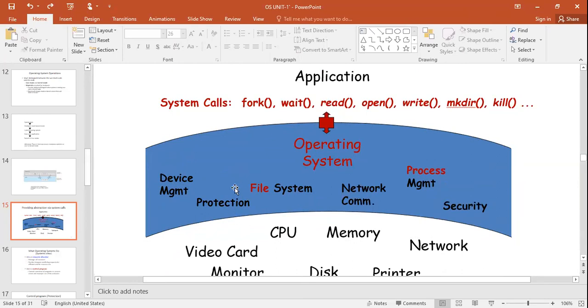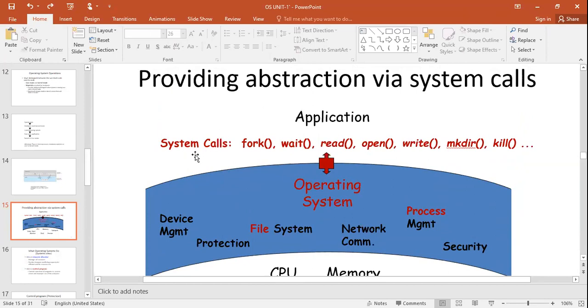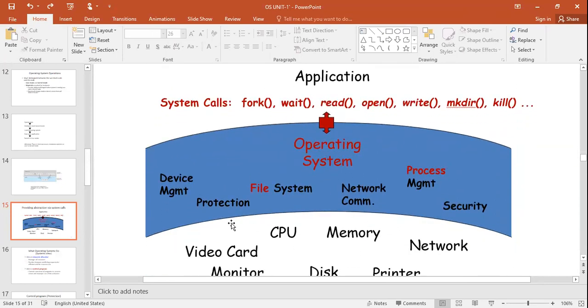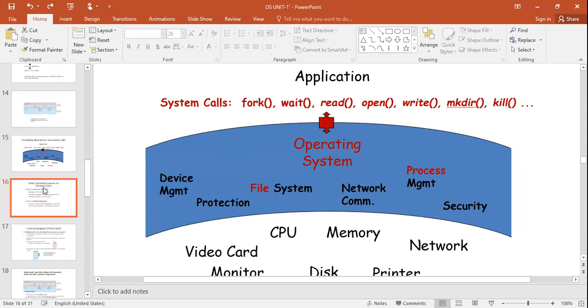Internally, you just try to understand the difference that exists between one and another, right? In order to get any one of these services, we need to use system calls. They are executed in the kernel mode, and that is the reason they are called privileged instructions. With the help of a system call, application programs or user programs get executed in the operating system in order to complete their execution. Okay, I'll show you a simple example.